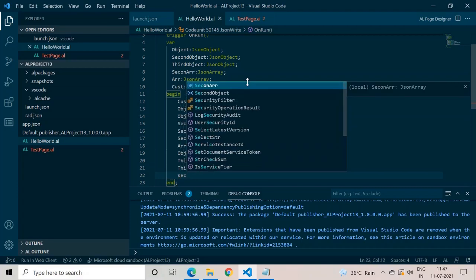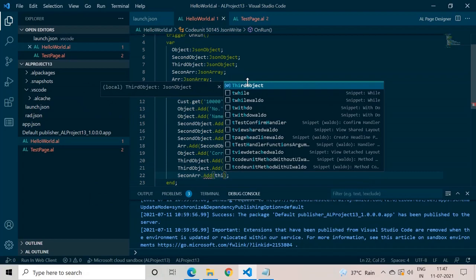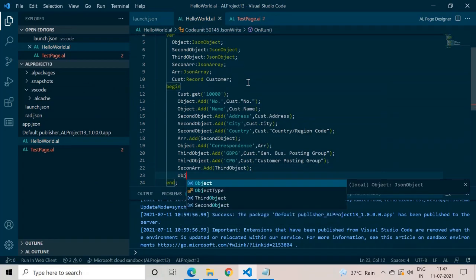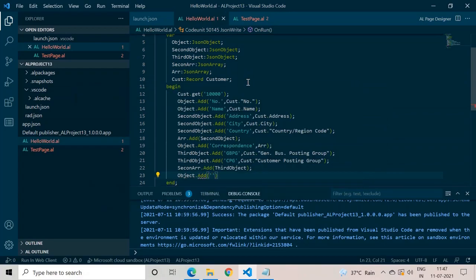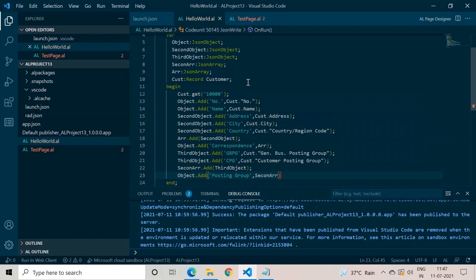So we have this second array dot add as third object, and let me add this as posting group category, second array. All right. So this is what we need to actually do to write the data in the JSON file.